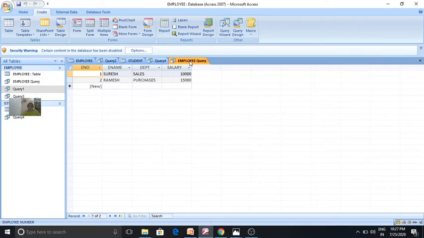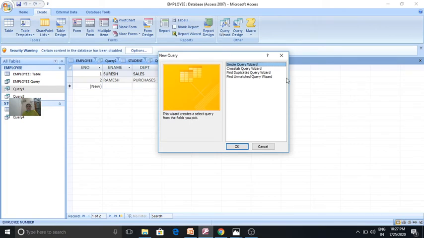That is the simple select query we have created. Again we'll click on the query wizard. There you select cross tab query wizard. This wizard creates a cross tab query that displays data in a compact spreadsheet like format. Let us see this one.